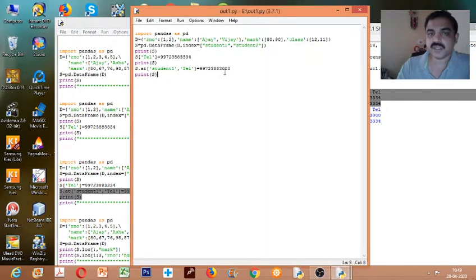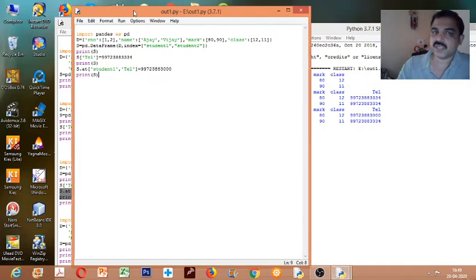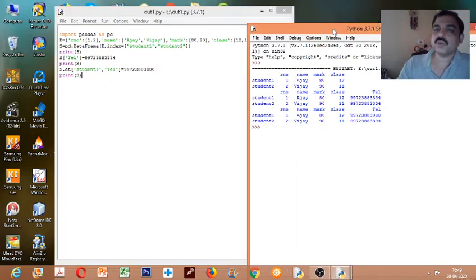You can see 300, so student 1's telephone number is modified. I used s.at. You have seen that at function. What it does is go to a particular location of the data frame. The intersection of a row and column can be called a cell. So if you want to change a particular cell, you can use the at function.